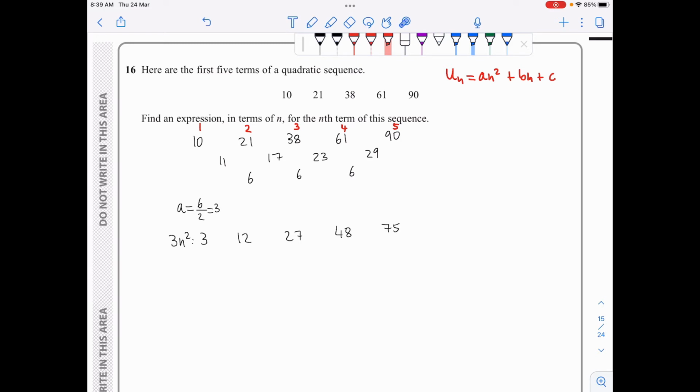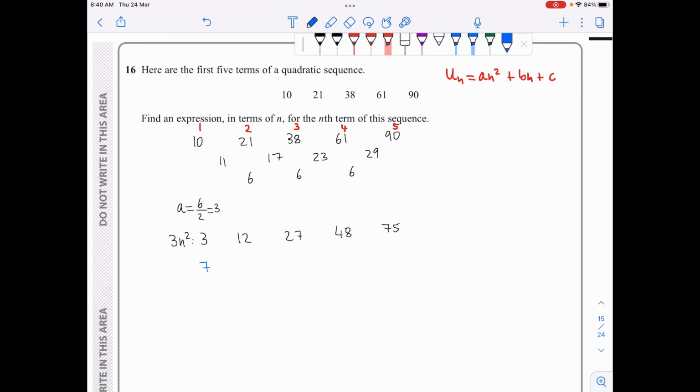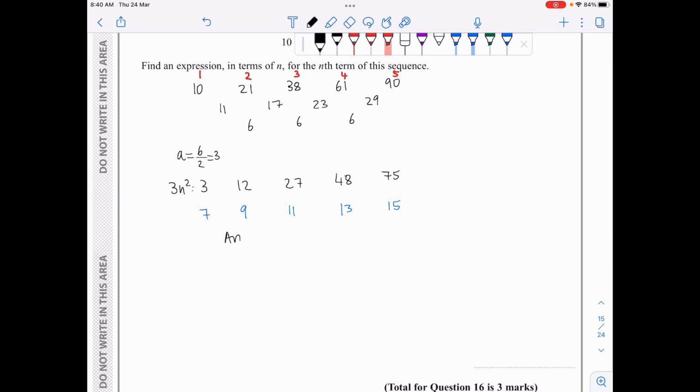So if I include the 3n squared term, it means that I have already got these numbers here. So from 3, I need another 7 to go to 10. From 12, I need another 9 to go to 21. From 27 to 38 is 11. From 48 to 61 is 13. And from 75 to 90 is another 15. So this now is an arithmetic sequence with first term 7